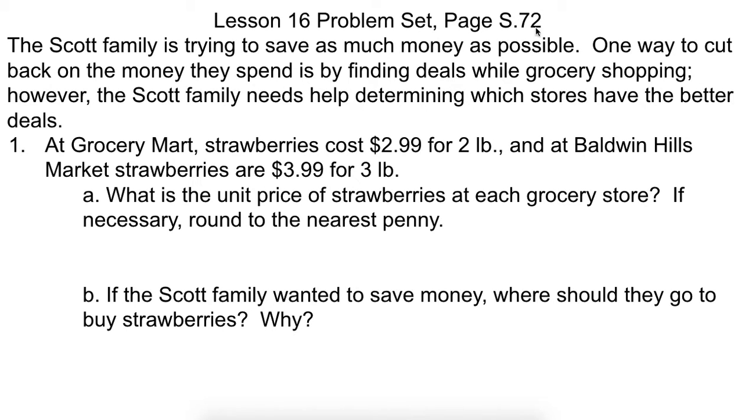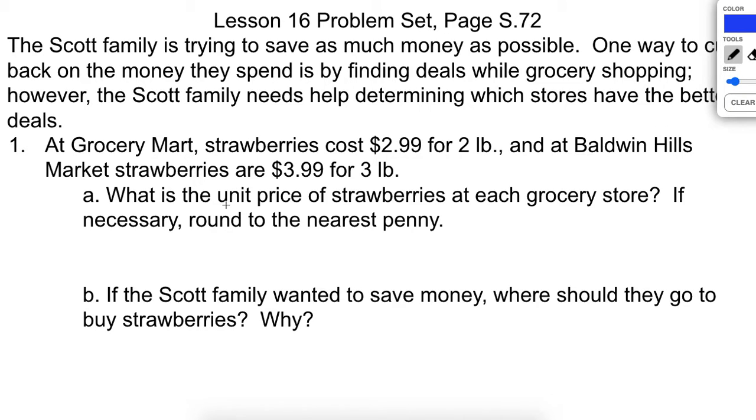Okay, so let's look at this first one here. So the Scott family is trying to save money as much as possible. One way they can do that is finding how much money they spend by finding the cheapest grocery shopping. However, the Scott family needs to help determine in the stores that the better deals. So the Grocery Mart store sells strawberries for $2.99 for 2 pounds, and Baldwin Hills Market sells strawberries for $3.99 for 3 pounds. So again, you have two amounts here, and so what we want to do is